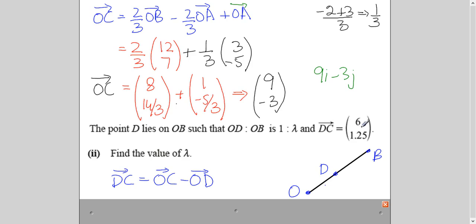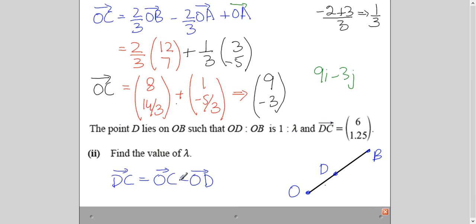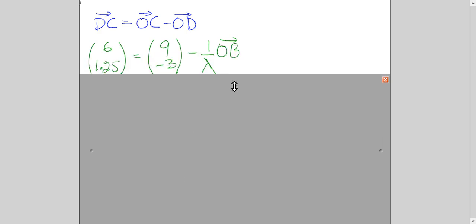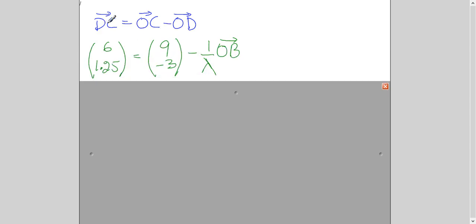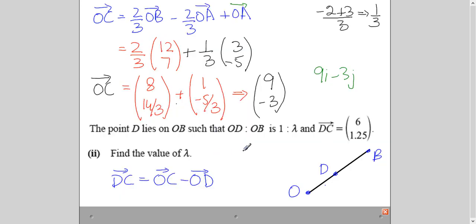So from DC, if I break this up into position vector, it will be second minus first, OC minus OD. Now after that, we will plug in the values here. We have just found OC and we know DC, right? And what is your OD? OD is given to you. OD is equals to